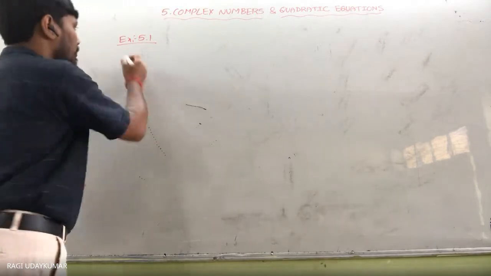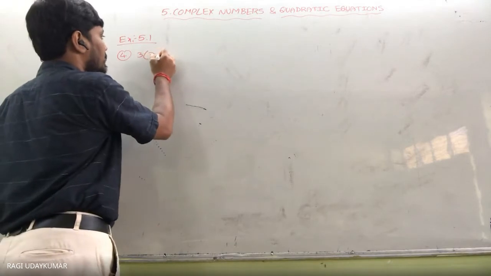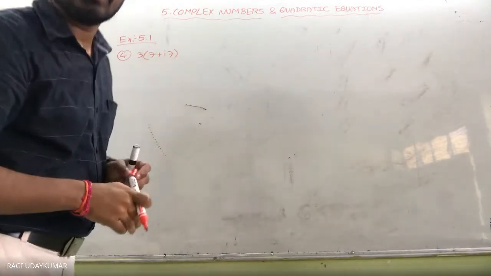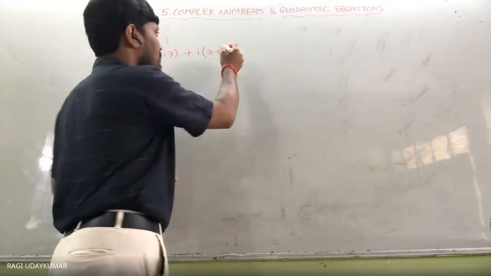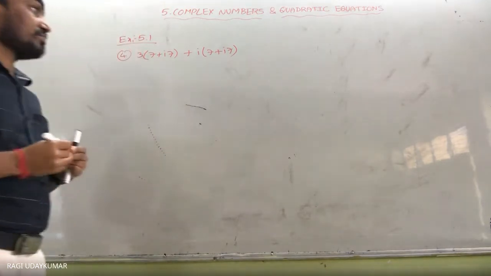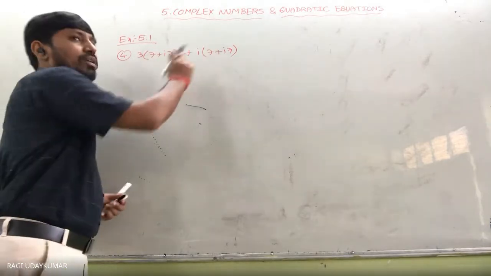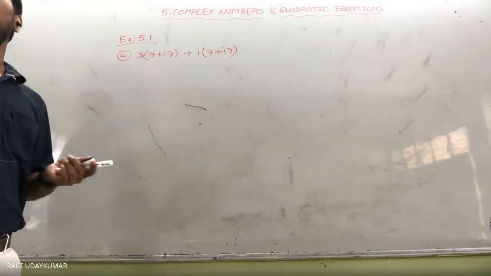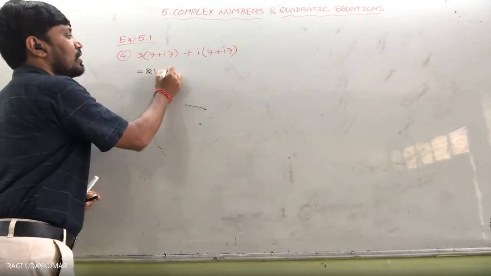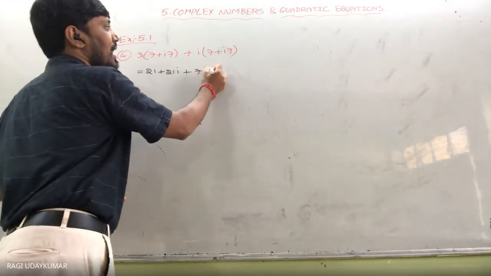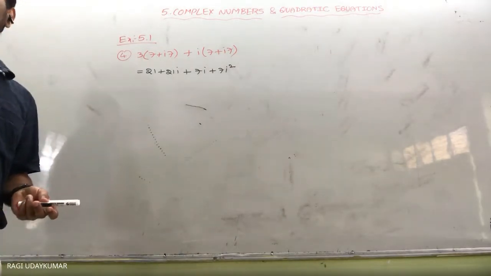Fourth one is 3 into 7 plus i7. 7 plus i7 only, na? Plus i into 7 plus i7, दोनों same. Individually you can multiply or 7 plus i7 you can take the common. Common लेने के बाद दोबारा वही product of the two complex numbers हो जाएगा. और वैसे दोनों को सेम करना है. ये 21 है, 21i है, plus 7i है, plus 7i square है. Directly multiply करना. Just like algebra.